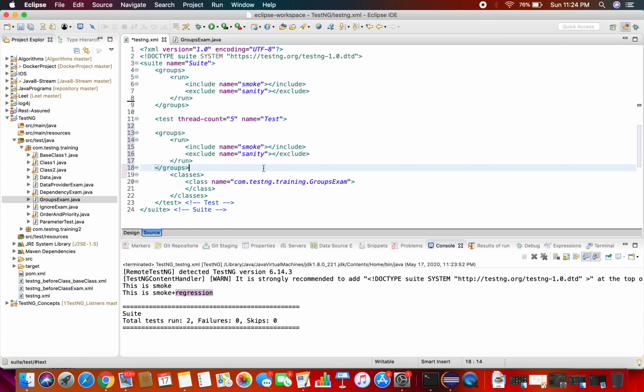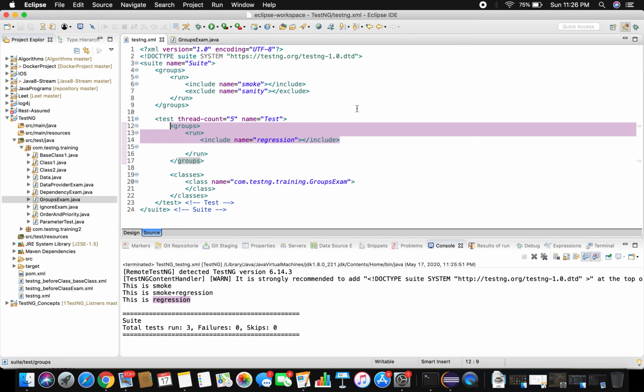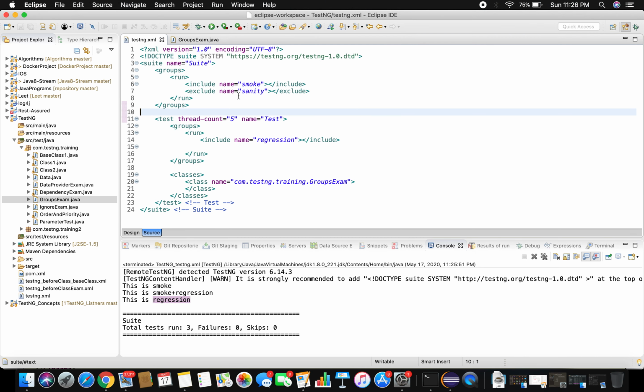Okay, if you run this, it's going to print whatever output we have seen in the last run plus the regression. Let's see. See, earlier smoke plus regression, and now the regression is also included because you just included a regression at the test level. Okay, hope you understand the